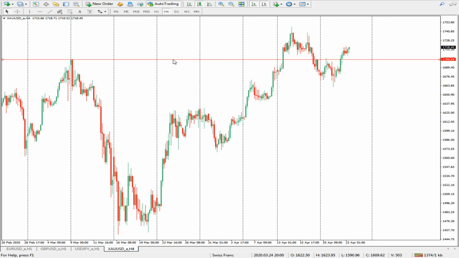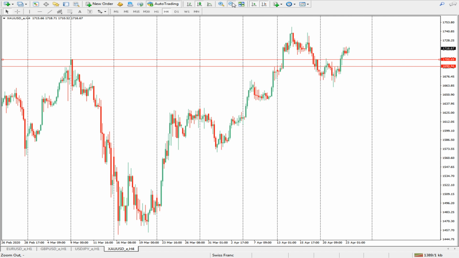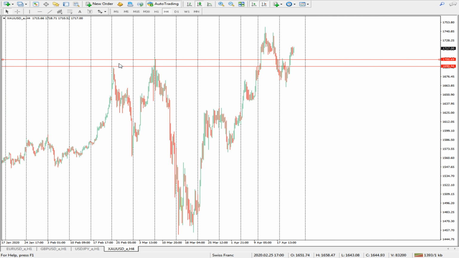This one, and then you also have this one, which means a resistance previously, a break above, a break below, and then a break above. This means the move which you saw below this level was actually a false breakout. This move here is a very good false breakout, which means if the price comes back up to this point